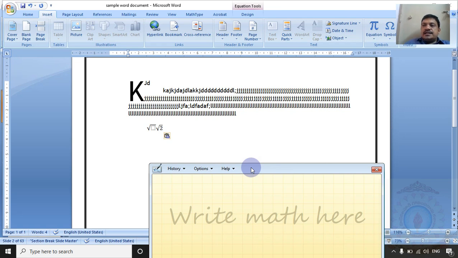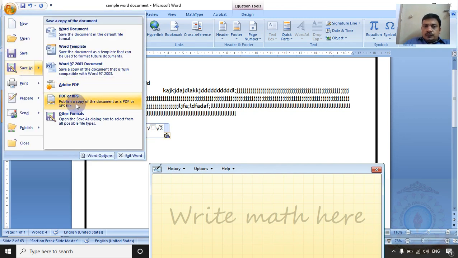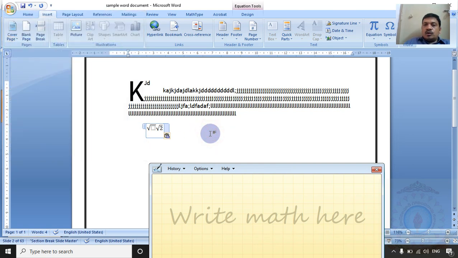Another option is there. In the previous sessions, how to add a PDF add-on from the website FileHippo was covered. From the filehippo.com website, you can download one add-in for MS Word document that is known as MathType. Please observe here, I already installed MathType.